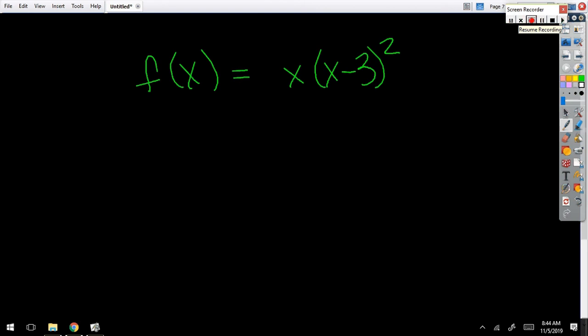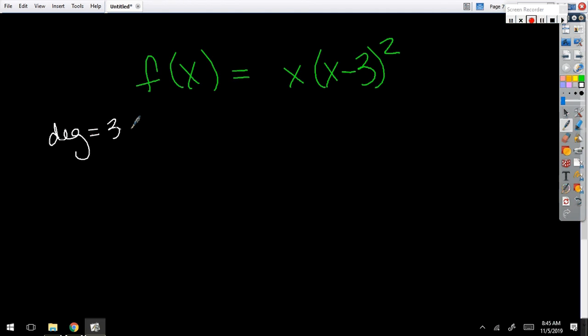First of all, what do you think the degree of this function is? 2. If you multiplied everything out, this would be a quadratic. You're exactly right. This would be a 2, and then you multiply everything, so it would be a power of 3. Yeah, it would be a degree of 3 if you multiplied everything out, because I'd have to FOIL it, get a quadratic and then take another one. So it's a degree of 3,